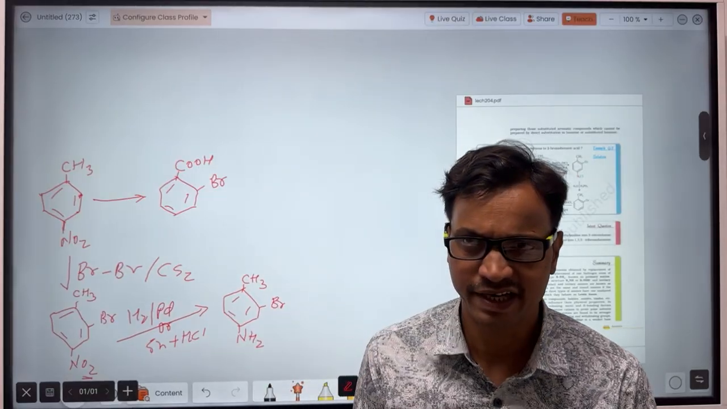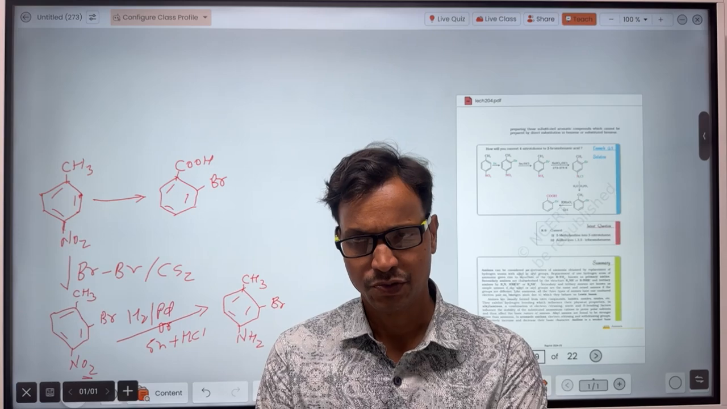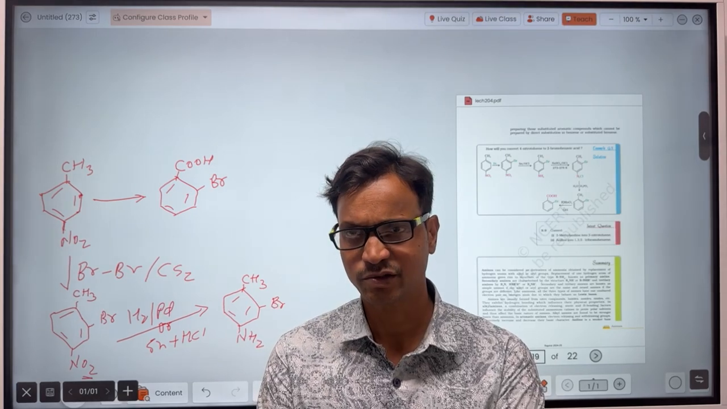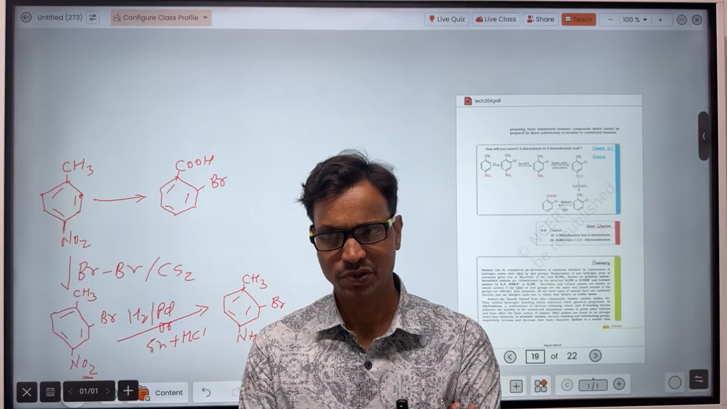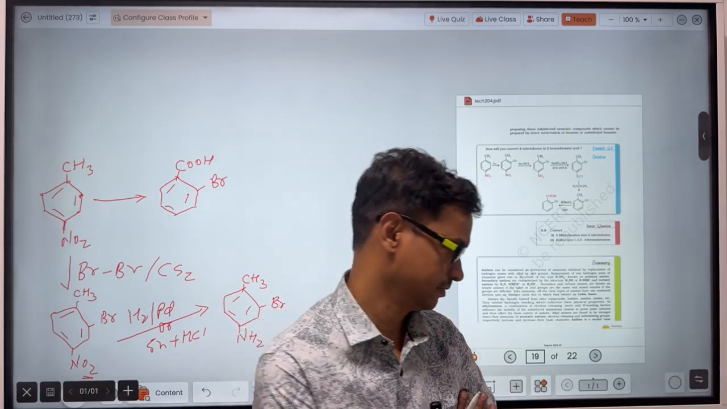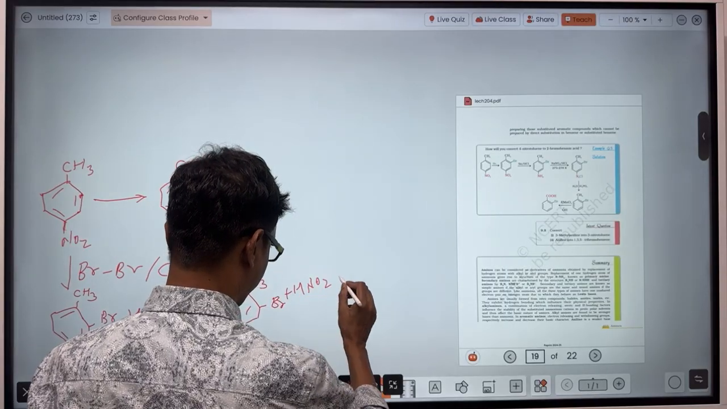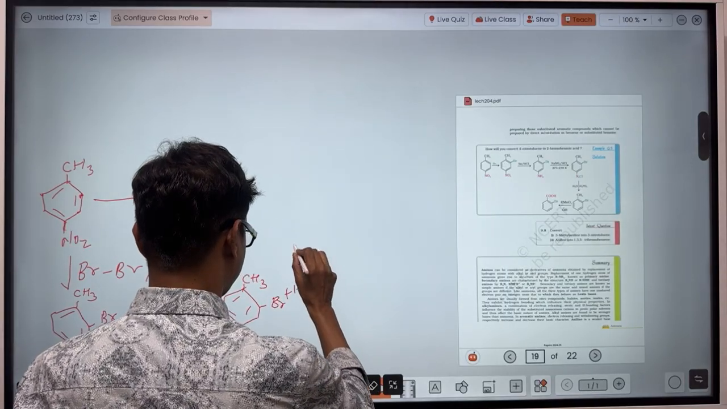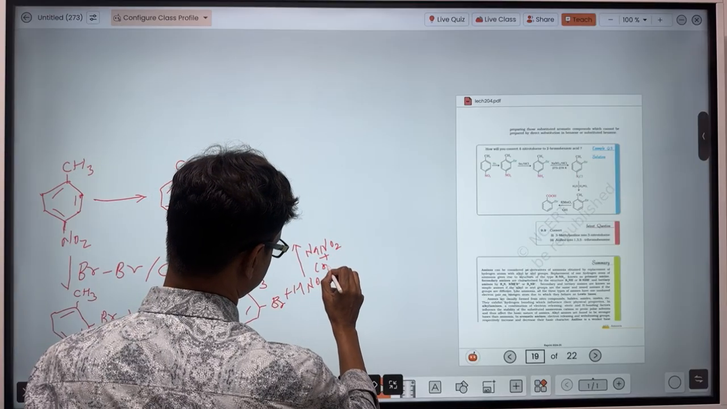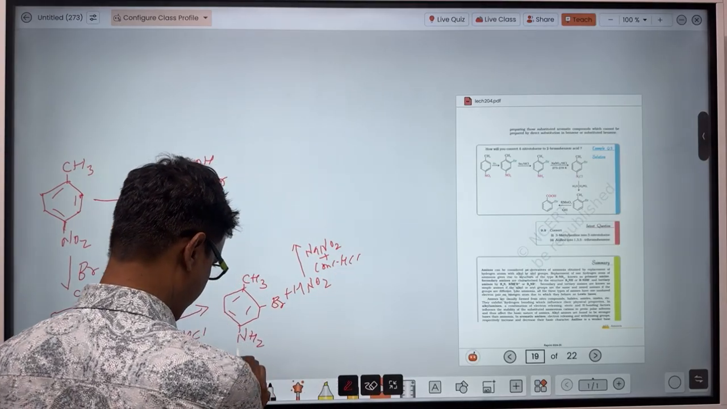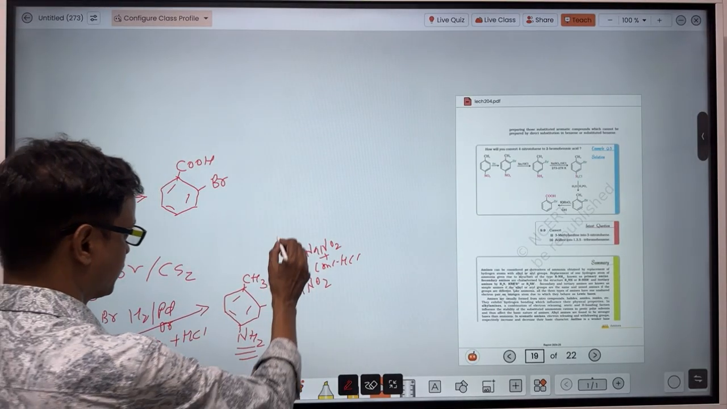So how? You have to react with HNO2, and that HNO2 will form by reacting sodium nitrite and conc HCl. So this one reacts with HNO2, formed from sodium nitrite and conc HCl. So this NH2 is converted to N2 plus Cl minus. So this compound becomes